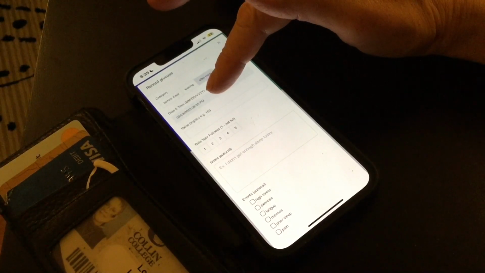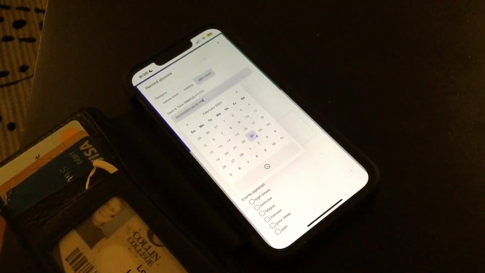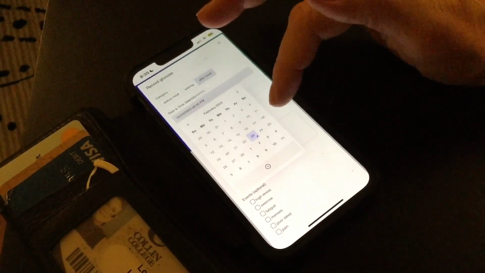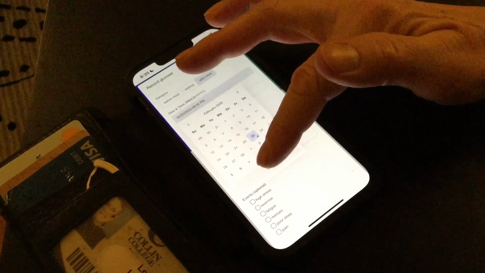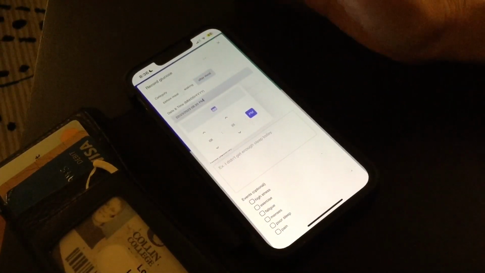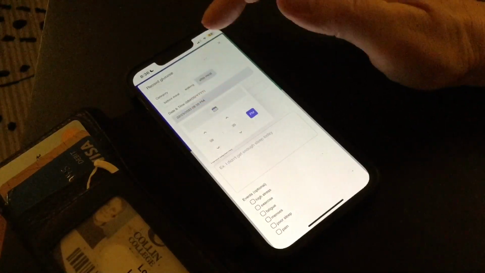So I'm going to adjust the clock by touching on this gray bar, and it'll open up the calendar, and the day is correct, so I won't touch that. Then I'm going to touch the clock down here, and reset the clock for the time that I hit my peak. And that was